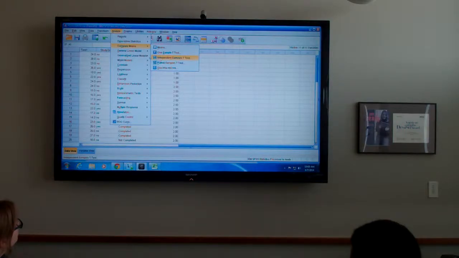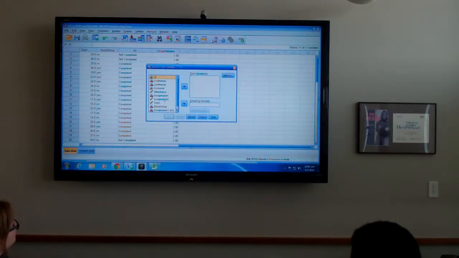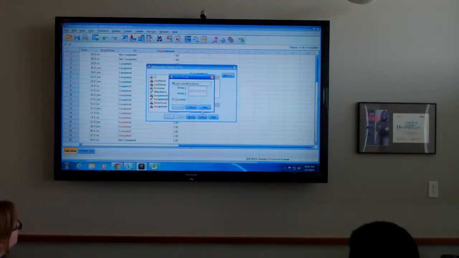Okay? So I'm going to say compare means, and then I'm going to say independent samples t-test. And I still want to compare their test scores. So I'm going to put my test variable as their test score. And now I'm going to group them based on this variable I created called group surname. Okay, the way the t-test works in SPSS is you have to tell it what your 2 groups are. So notice I can't click OK yet. I have to click on this define groups, and my group 1 is just going to